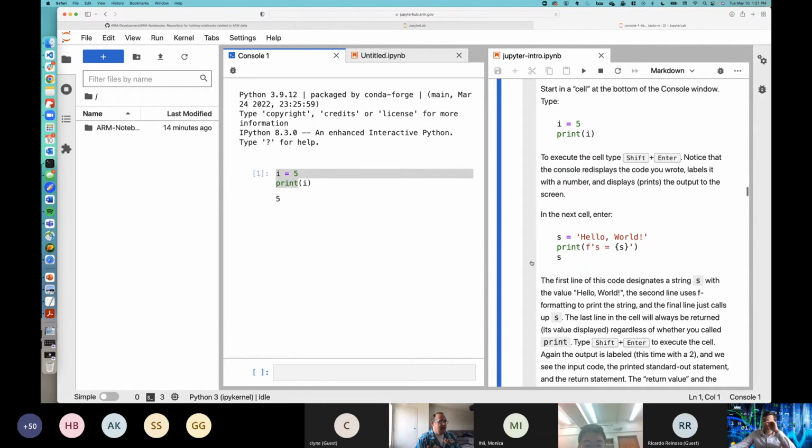In the next cell, let's go ahead and enter this. We'll type s is equal to "hello world", which is a common